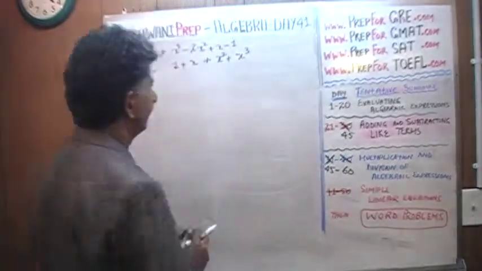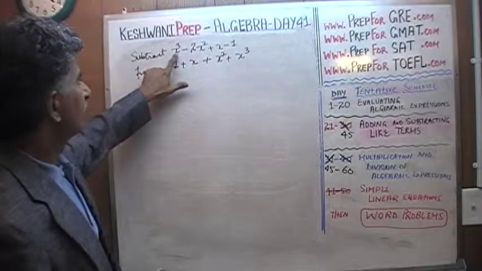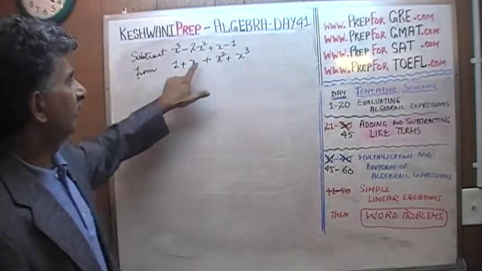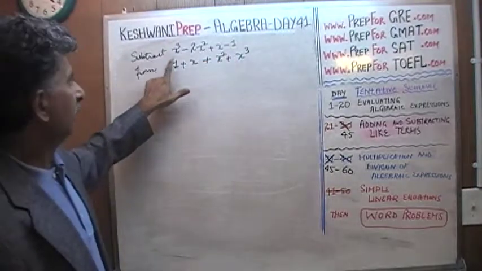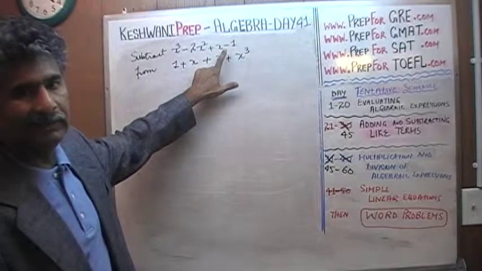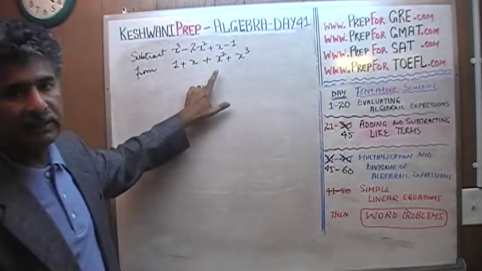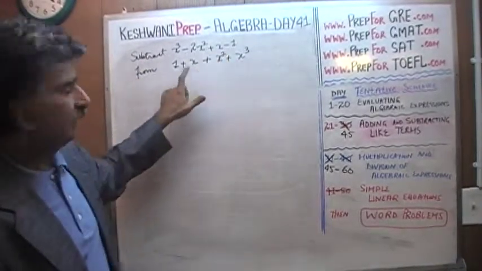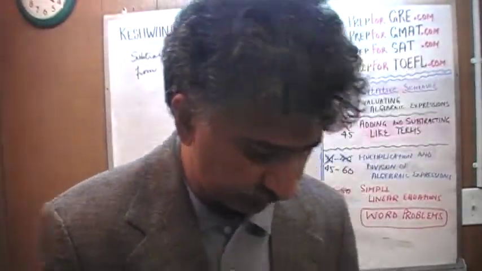The second problem here is that the like terms are not lined up properly. We have an x cubed here and x cubed there. We have a 2x squared here and x squared here. We have an x here and x there. We have a constant here and a constant here. They're not lined up properly. The top expression is written in descending order of the exponent. The bottom one is written in the ascending order of the exponent. Descending means decreasing order. Ascending means increasing order. While we are at it, even though we have done this once or twice already,